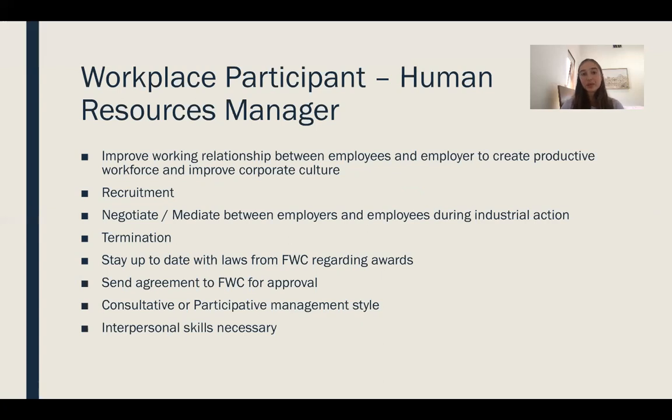And one final thing is that for HR managers, interpersonal skills are essential because sometimes they need to have difficult roles in the business. They need to be responsible for resolving disputes, having difficult conversations about termination. So they need to be aware of the way that they're communicating information to employees or managers in order to evoke the right kind of response, rather than screaming at employees that they're fired, conveying that in a more sensitive way.